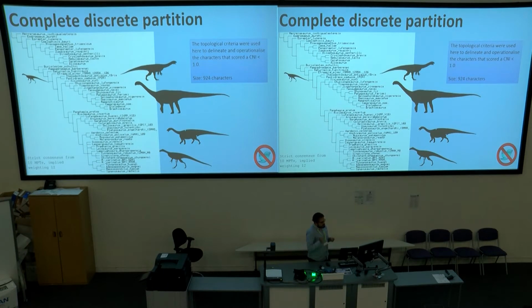And using 924 characters optimized with the topological framework, which doesn't modify the character coding that you use. So if it's reductive, if it's non-reductive, multi-state character, the topological framework doesn't bother with that. It's just assessing the categories.